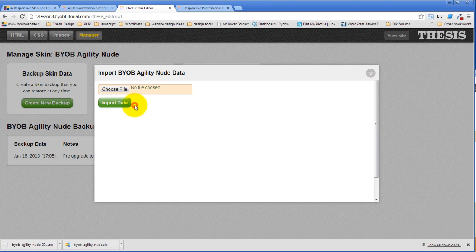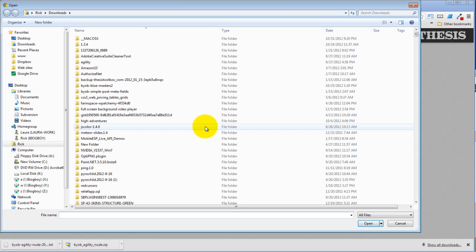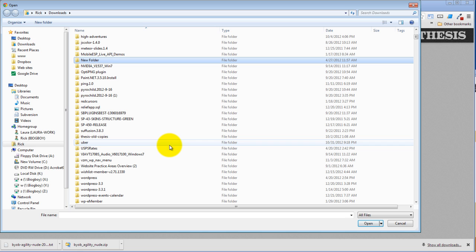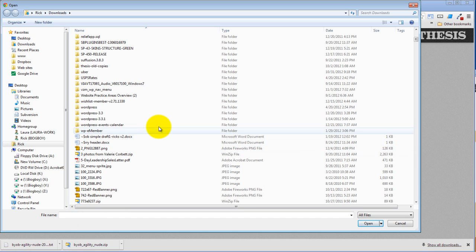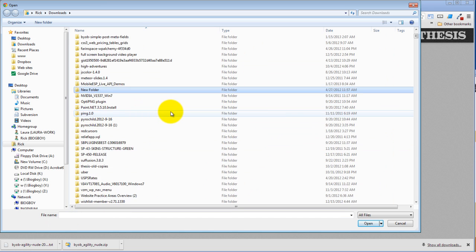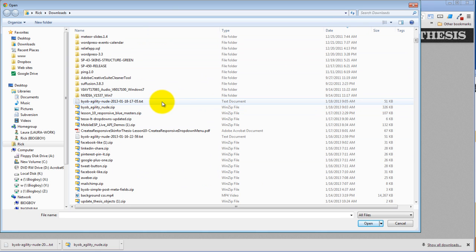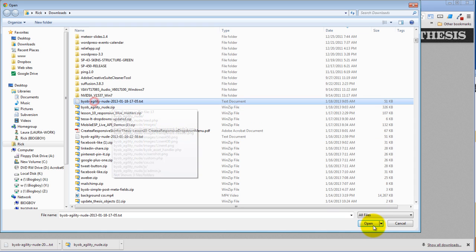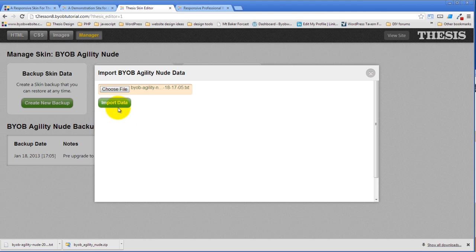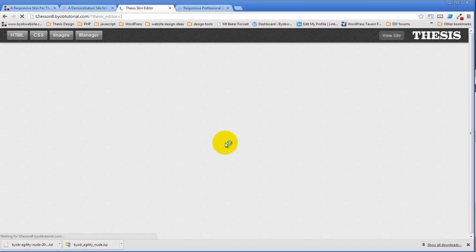So you could go to Import Skin Data, choose the file, and now you could choose this BYOB Agility Nude text file. I'm going to now arrange this by date so I make sure I've gotten the right one. So you can just click on this here, open it, import that data, and that is exactly the same thing